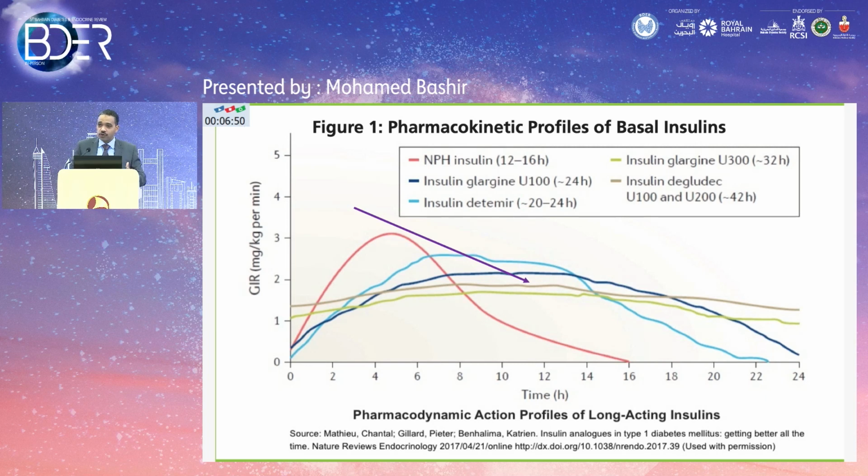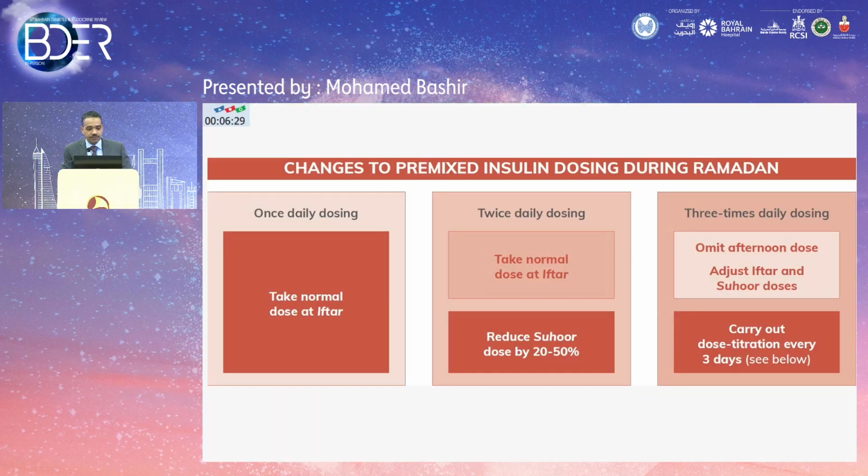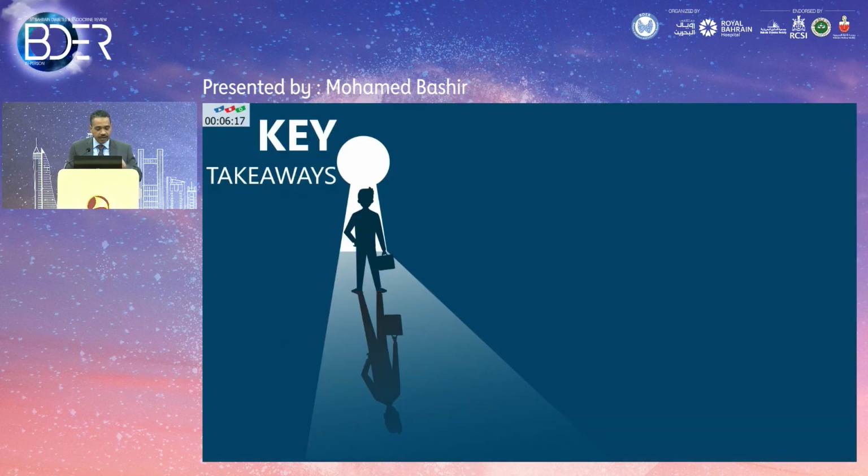The thing which I don't know, and I'm not sure if you have an answer for, is what's going to happen to our patients with degludec and glargine U300, because they don't have this tail end during Ramadan. And do we need to reduce the doses further given the high risk of hypoglycemia? We need to have a little bit more data here. But it would be a word of caution. I don't think you specifically need to give glargine U300 and degludec at iftar time. Mixed insulin is straightforward. If you're taking it once a day, keep taking the same dose twice a day: take the normal dose at iftar, and then half the other dose at suhoor time.